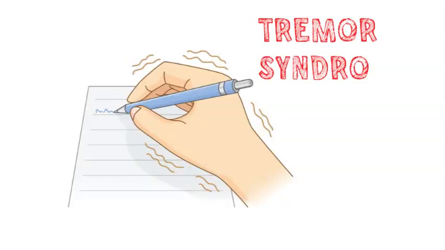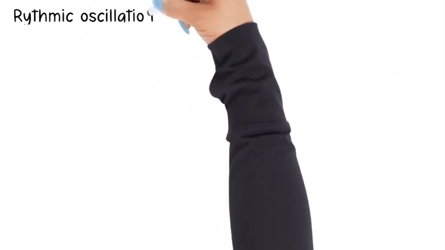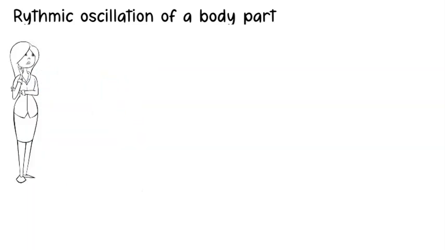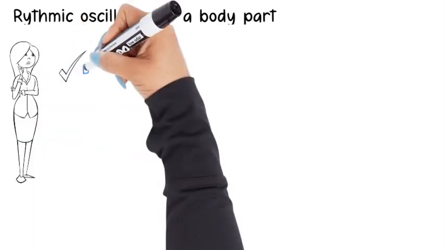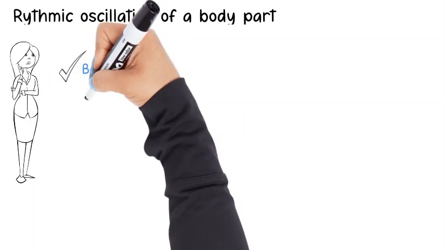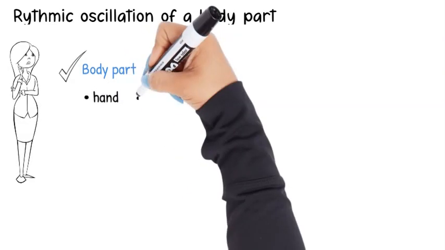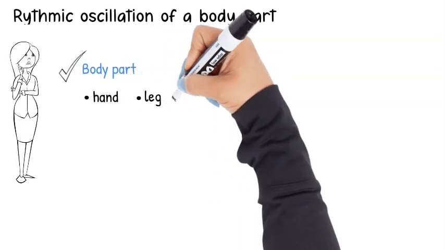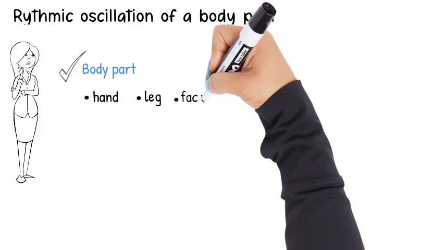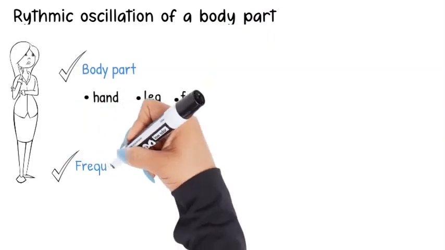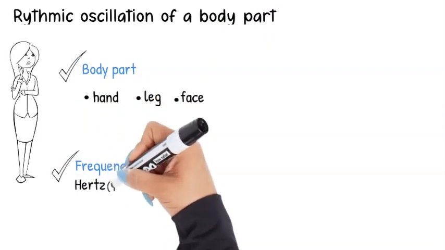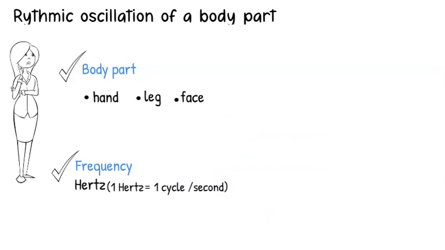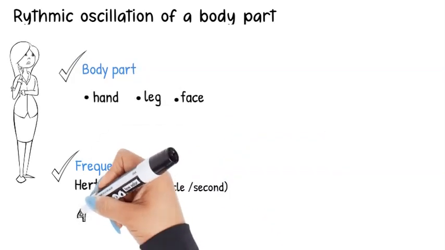Welcome again. In this video, I shall talk about the tremor syndromes. Tremor can be defined as rhythmic oscillation of body parts, and the following topics can be used to describe a tremor. First of all, the body part which is affected by tremor, whether it is the hand, the leg, or the face. And also it is important to mention its frequency in hertz, as 1 Hz equals 1 cycle